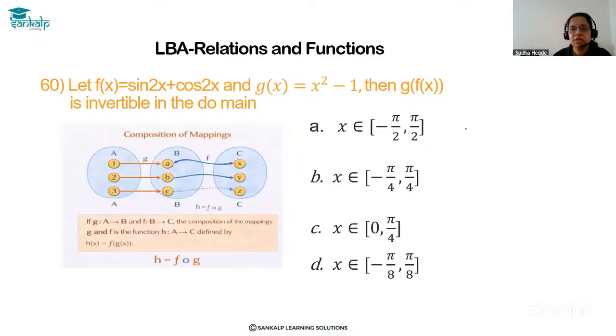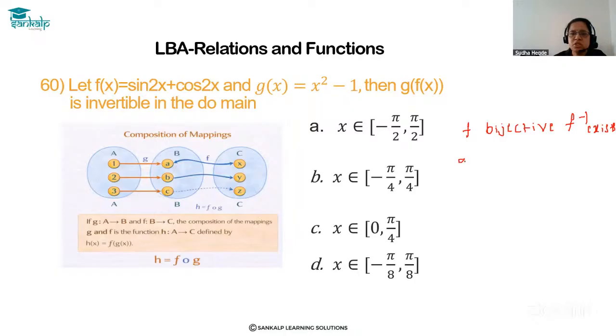If a function f is bijective, then only f inverse exists. Okay, same rule holds for composition of mapping also. So check where it is bijective. Sine function is bijective in the domain minus pi by 2 to pi by 2. Okay, so we will check